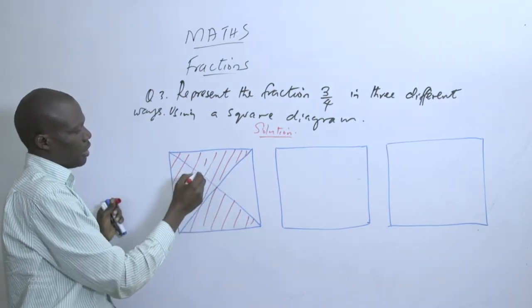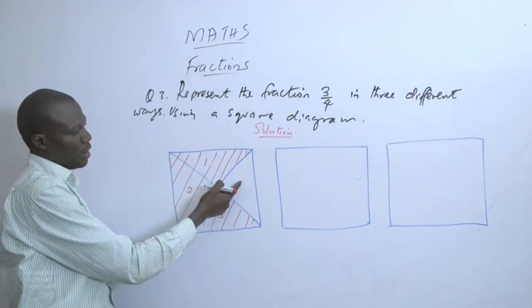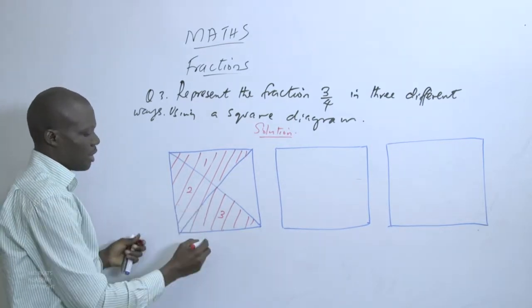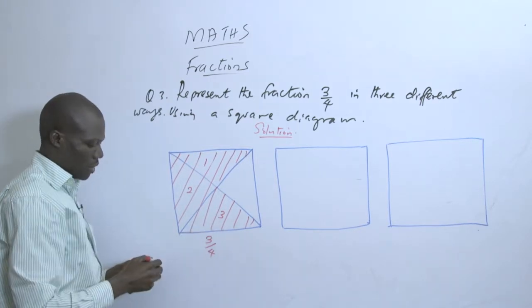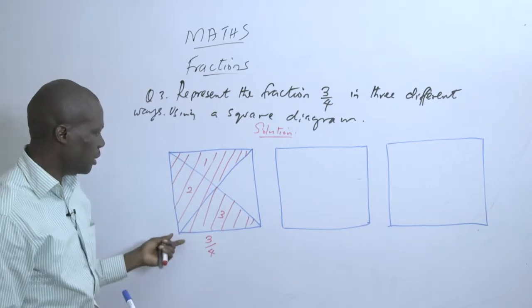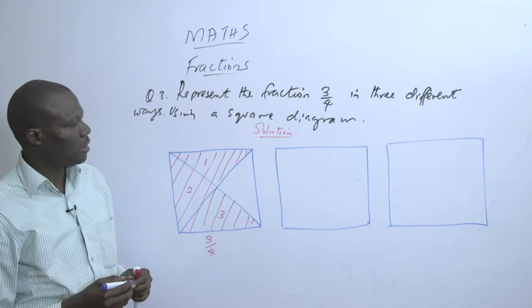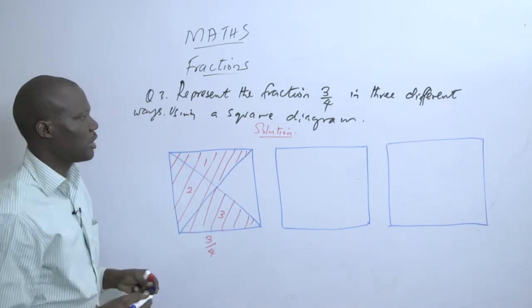So we have shaded 1 here, 2, 3. This remains unshaded. So you'll find that this part here we have 3 shaded out of the 4 pieces in total. The second way, that's the first way done. The second way, we look at this square, and this time we divide it using horizontal and vertical lines at